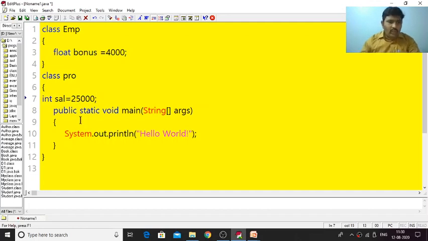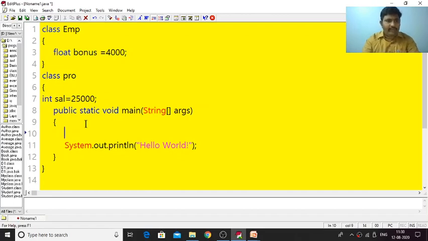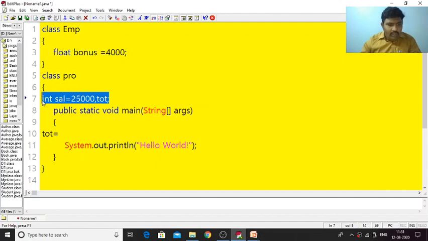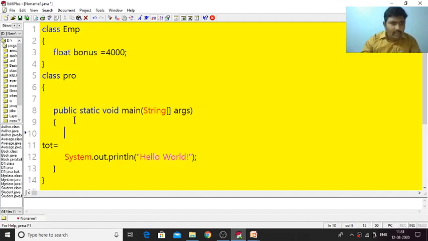Now we try to sum up. I require one more variable, total. Total is declared inside the main method, and total is equal to bonus plus sal.